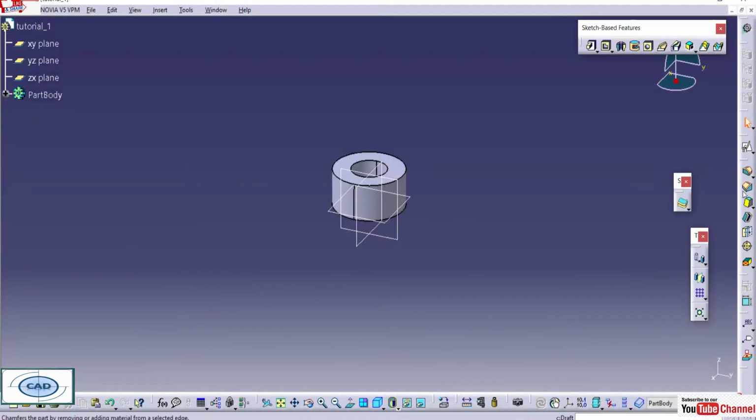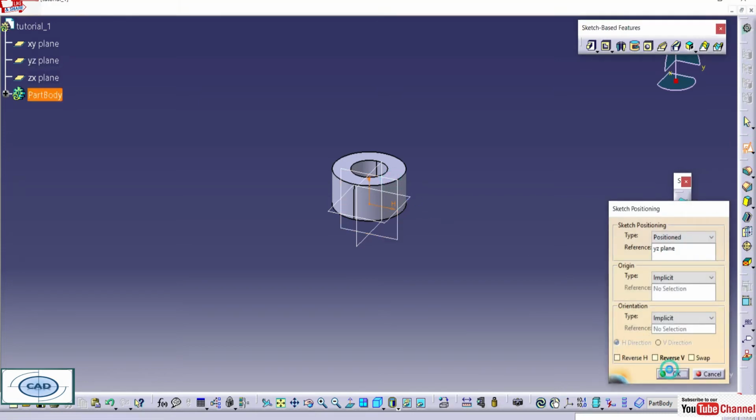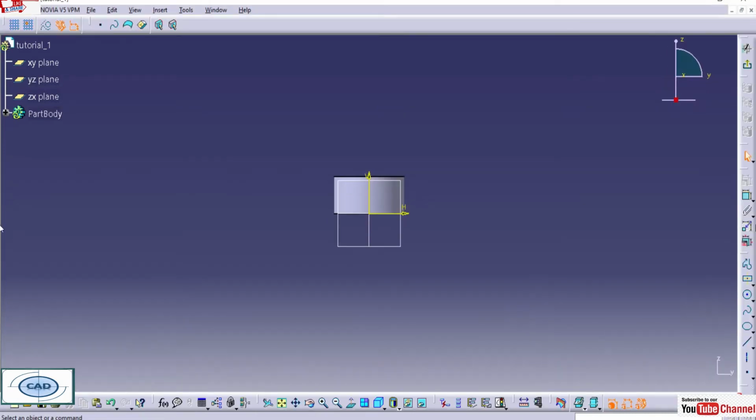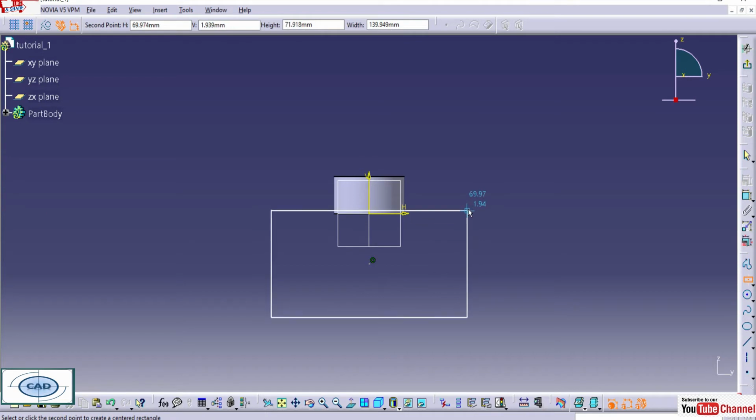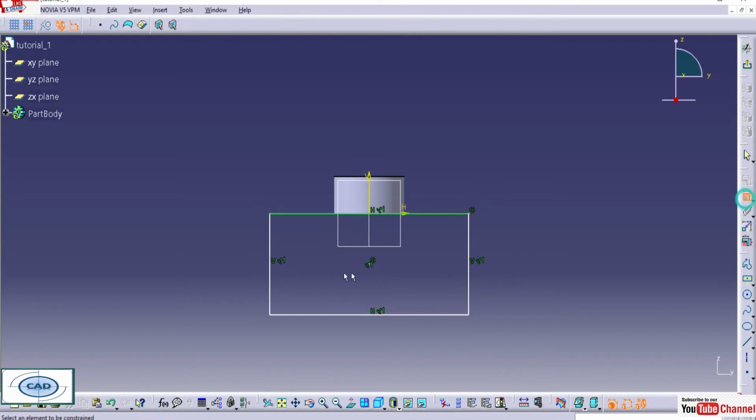So let's again select the sketch, select the plane. Now we will select the horizontal perpendicular plane. Let's take the center rectangle, which makes it easy to create the C shape or C profile.